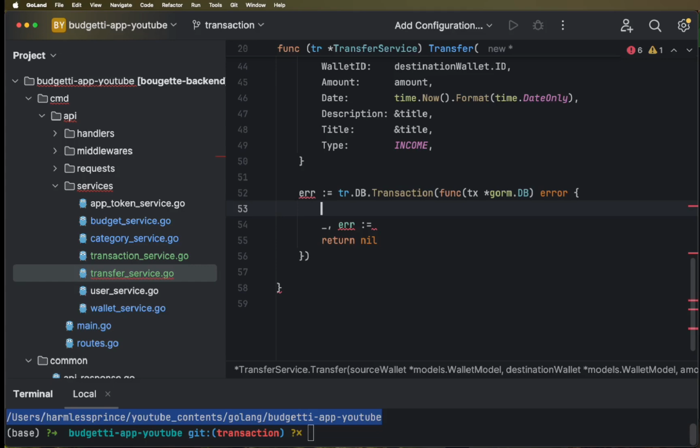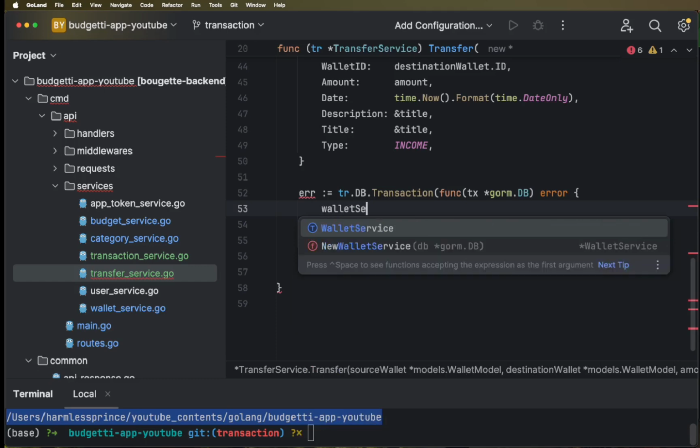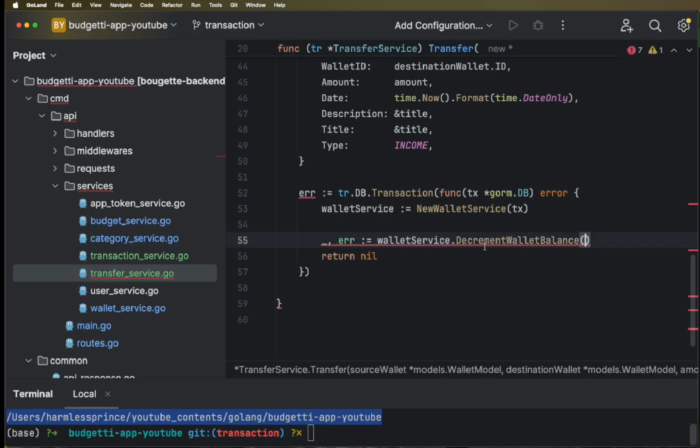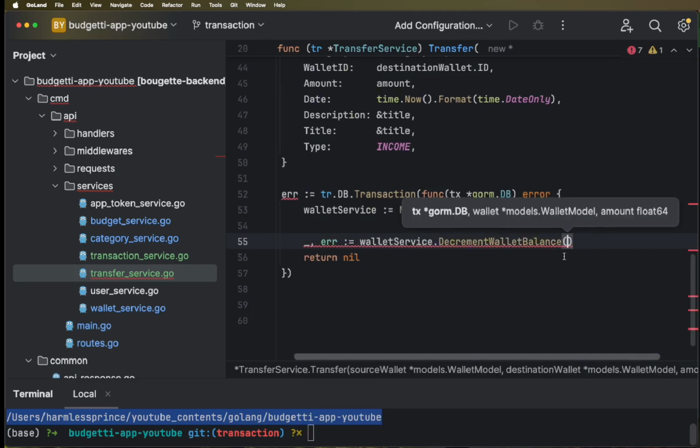So wallet service equals to the wallet service. The reason why I'm initiating the wallet service inside this transaction is so that it will have access to the transaction query, so that it will be wrapped. The DB that will be using it to query our wallets, to decrement and all that, will be within the transaction. So now all I need to do is wallet service dot decrement wallet balance, and this will be